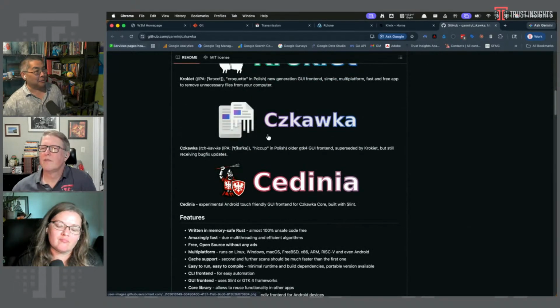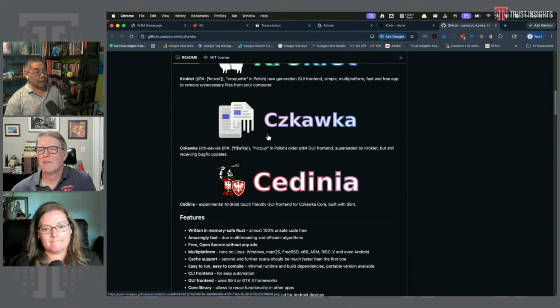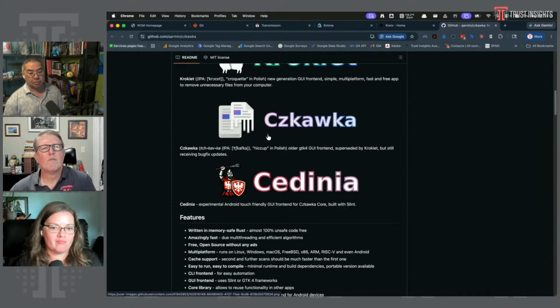The next one is an open source package called, believe it or not, this is pronounced Czkawka, which is Polish for hiccup. This is deduplication software, which is super helpful if you've got big data archives. Say, maybe you've got your own photo library from the last 20 years. You're like, okay, which of these photos are actually duplicates? This is one of the best packages for doing it. It's super fast. It's built in Rust. It's open source, so it's free to use.